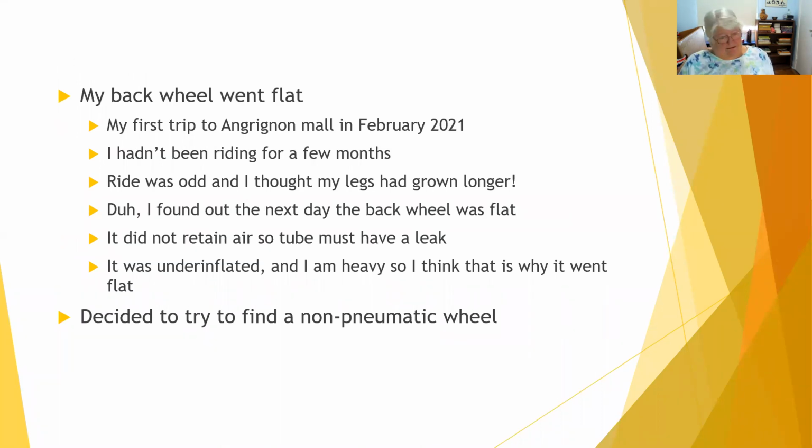I had a flat on the original back wheel, and it was an unexpected flat. I hadn't been riding much in the winter of 2020, 2021. And one day I decided I'd stick it in the car and go to Angrignon and look around the mall. So I hadn't been riding for a while. And all the time I was in the mall, it just didn't feel right. It felt like my legs had grown longer or something. And it was only the next day when I went to look at it in the car that I discovered the back wheel was flat